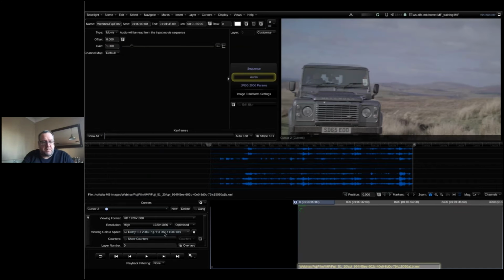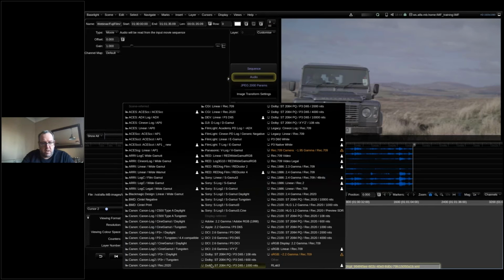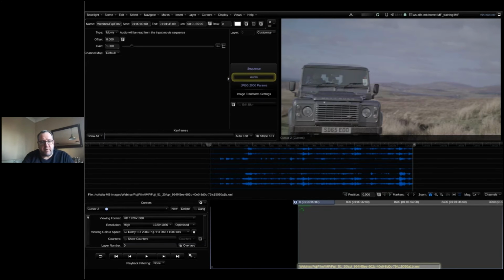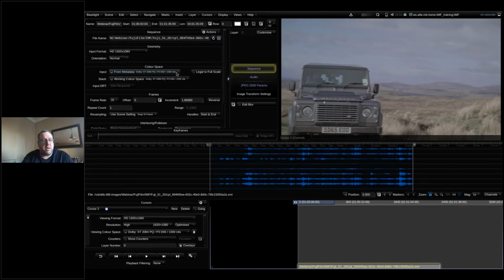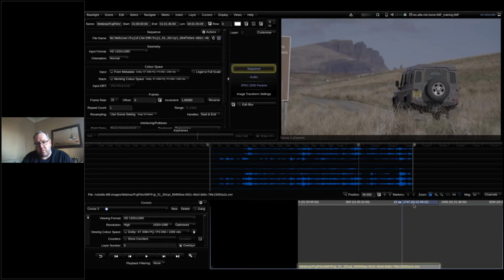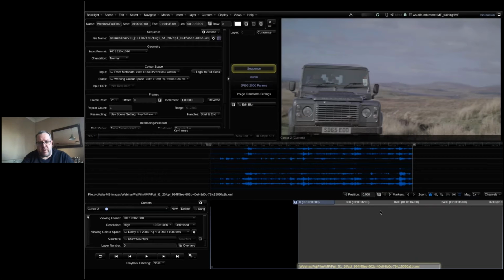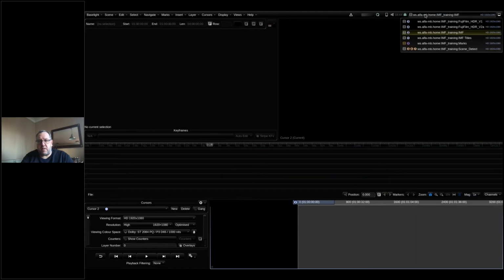And remember, I exported this as 1000 nits, so that's actually what I'm going to make sure is the color space that I'm viewing it in, and just make sure, obviously, that my sequence has been tagged from the input metadata. So what you're looking at here is the exported IMF package. Here's my audio, and there is the file that was created. So I'm going to get rid of that for now, and we're going to go back here,